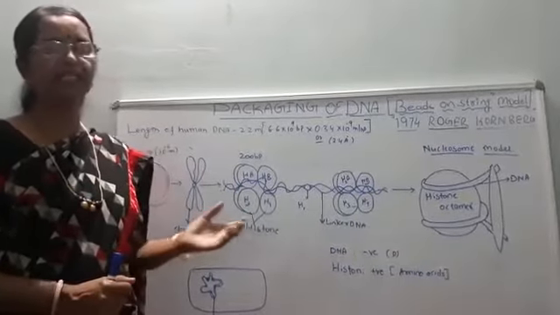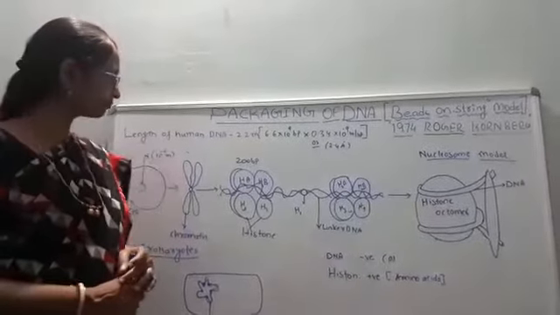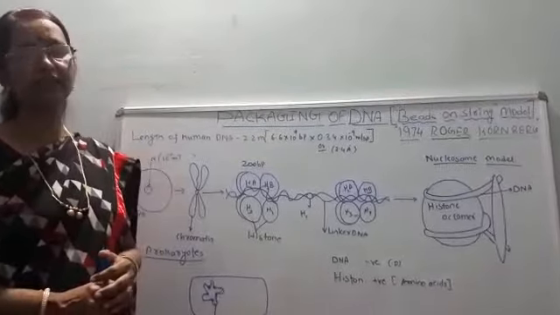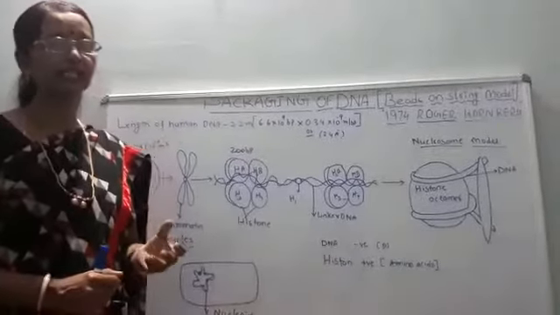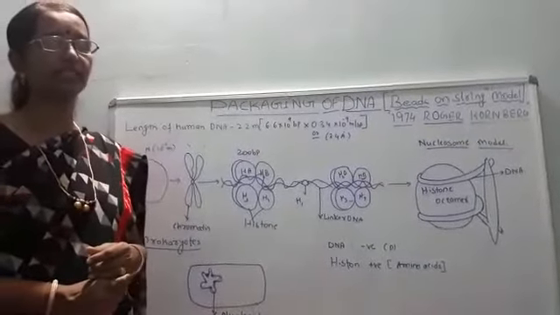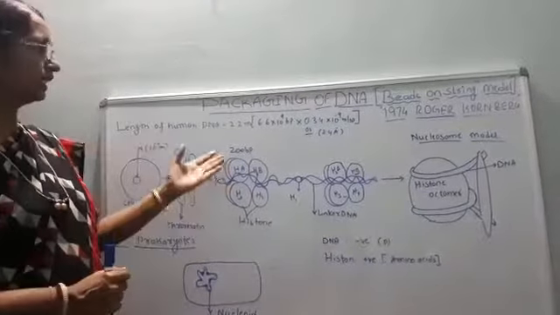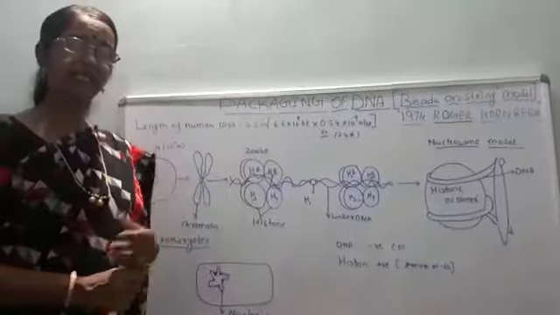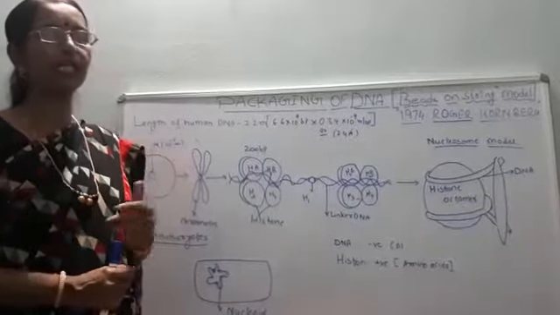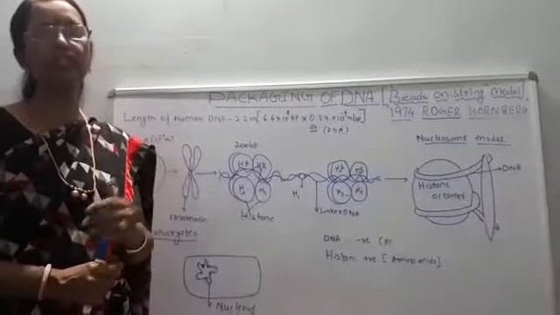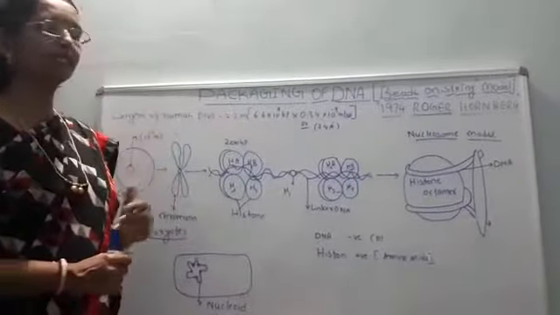So let us understand the salient features, the structural features of the packaging of the DNA. As we know, DNA is very long. In a eukaryotic organism, or in the human body, the cell contains very long DNA, which measures about 2.2 meter long. How do we calculate the length of the DNA? In the NCERT reader, it is very clearly mentioned how to calculate the length of the DNA of a particular organism. In the human also, the DNA measures about 2.2 meter long.